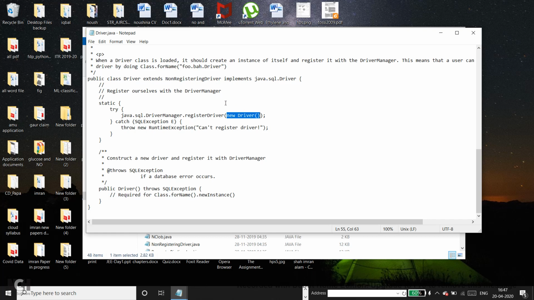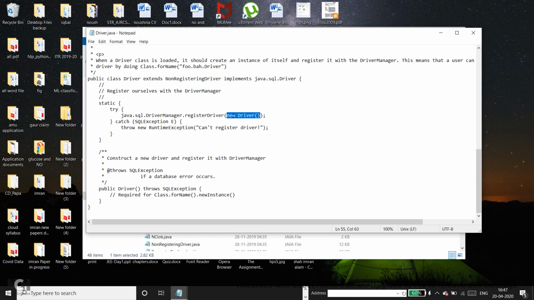This driver class is com.mysql.cj.jdbc.Driver. This is the fully qualified name of this class. So basically this pertains to the MySQL database.